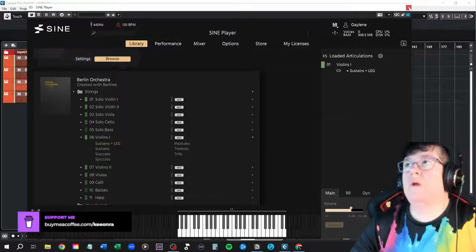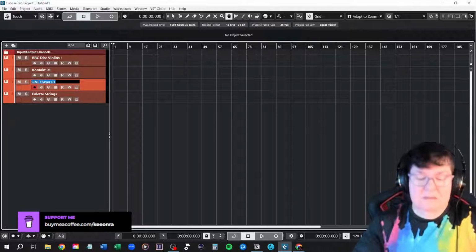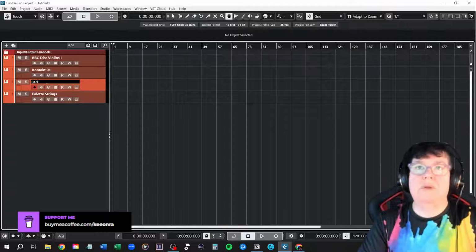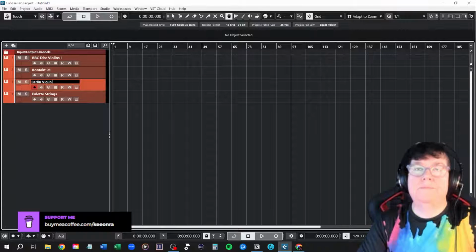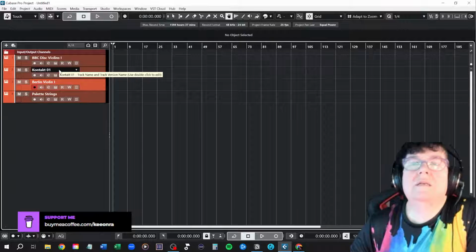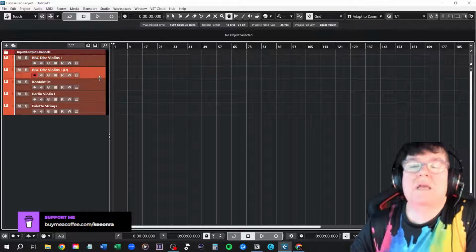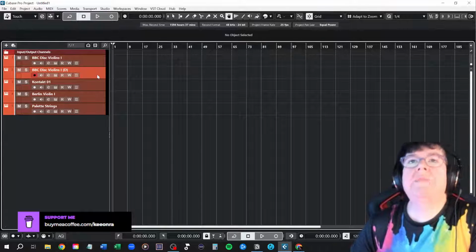We'll just work with that accordingly. So that is Berlin violin 1. Now, the other one that I can do is duplicate that track, and I'll do the colours shortly,